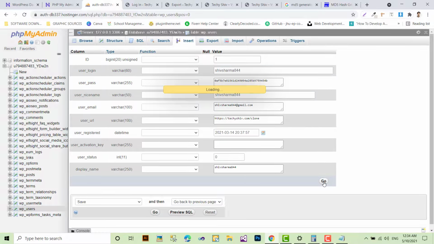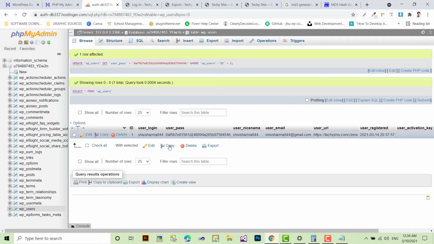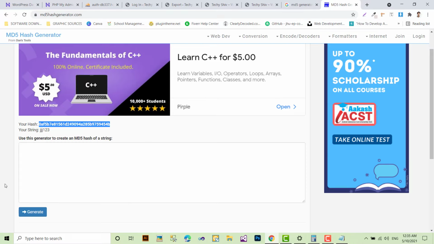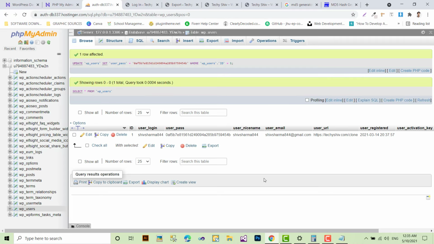This time I'm not putting anything here. I have not changed it. I directly put the first. I converted my password to MD5 and then put it here.